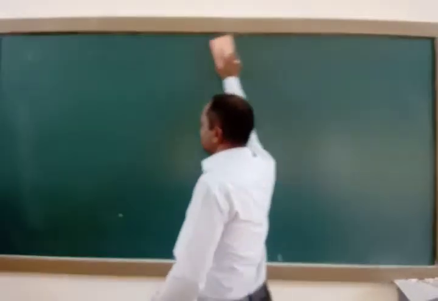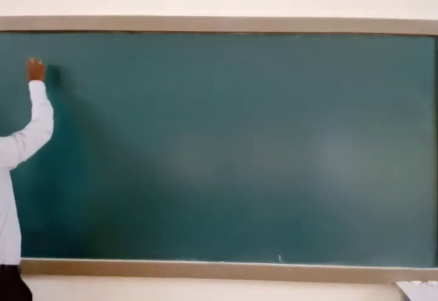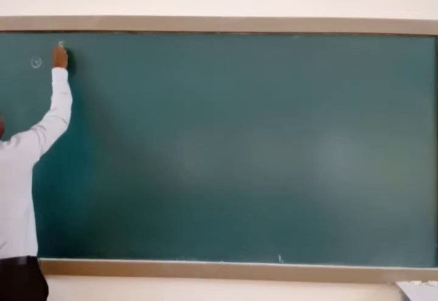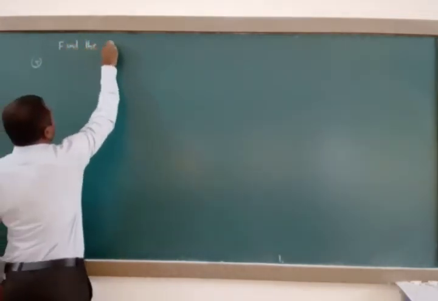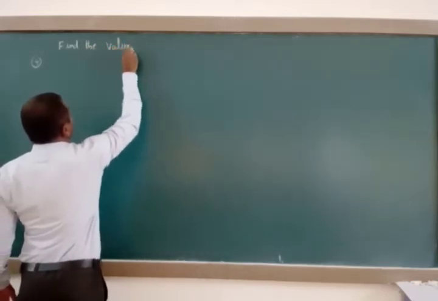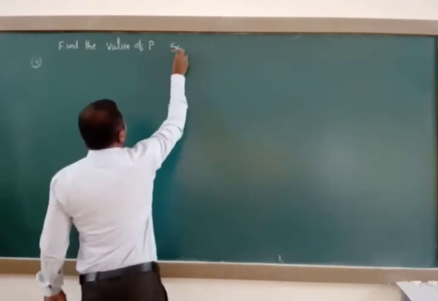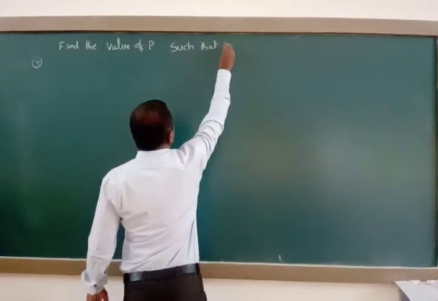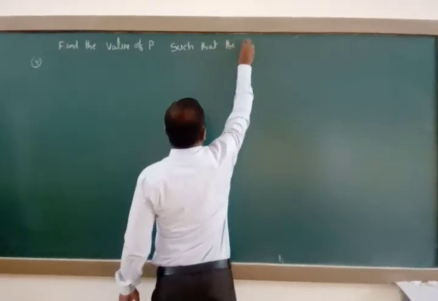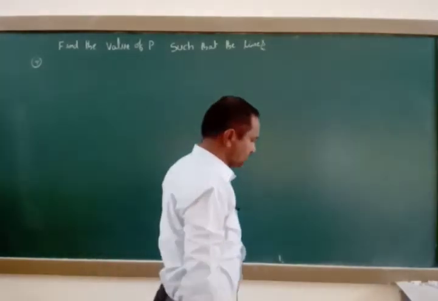Now let us discuss that one question first. That is the fourth question: find the value of P. Find the value of P such that the lines, first line is